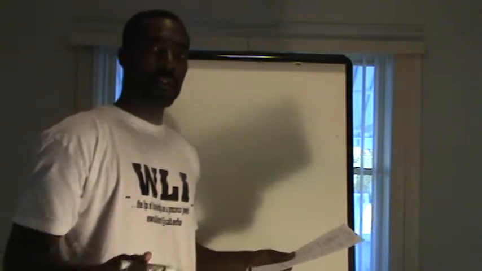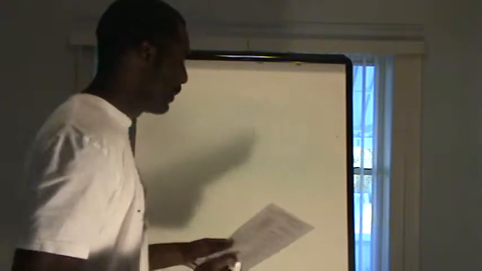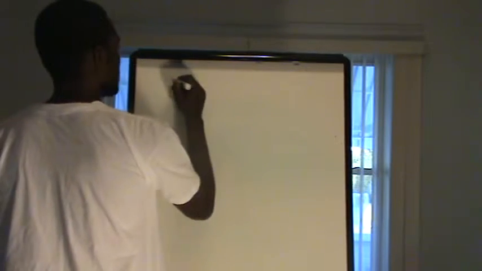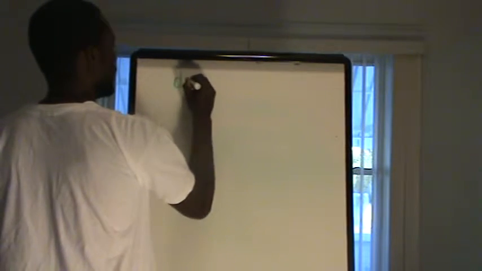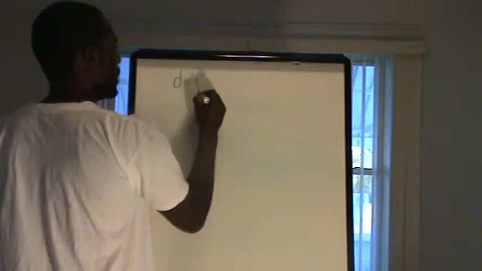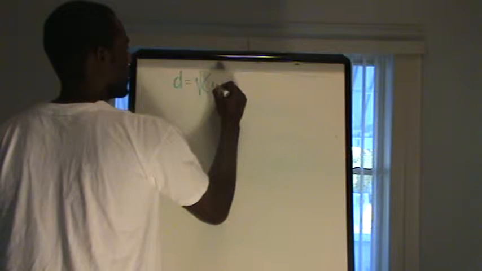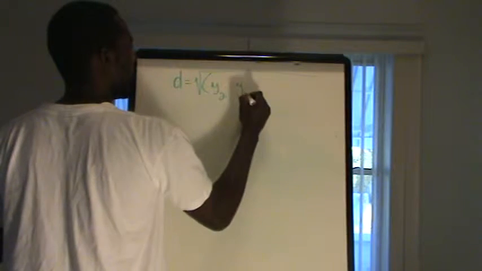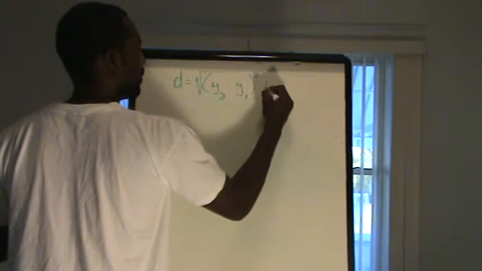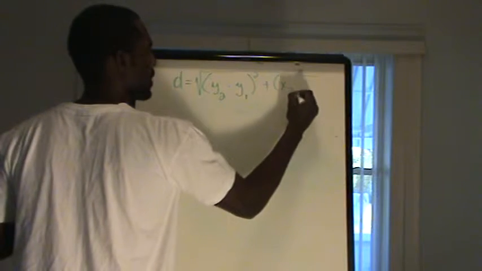Okay, for our first example that we want to take a look at today, it actually involves using the distance formula, the distance between 2 points in the plane. So let's first start off with the distance formula. It goes D stands for distance. It is equal to the square root of the difference of the y coordinates squared plus the difference of the